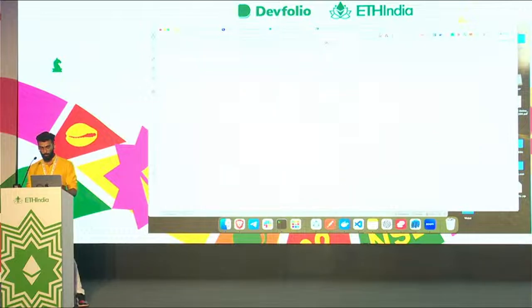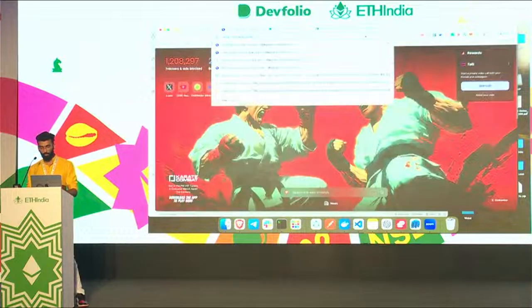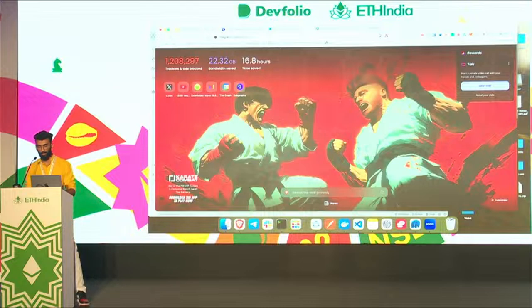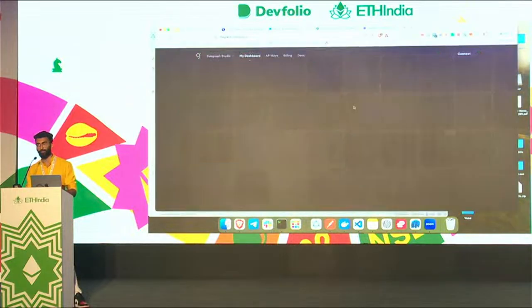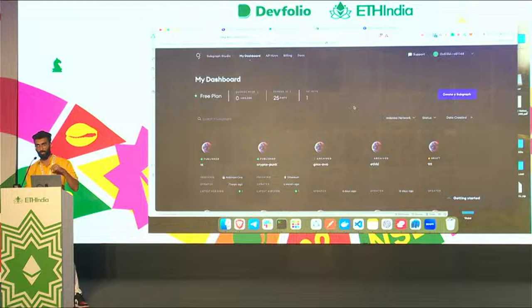In the meanwhile, what we'll do is log into the subgraph studio while the subgraph is getting created. So what I did up till now, I made an ERC20 smart contract and deployed it on the Arbitrum chain. Once it was deployed, I did graph init in my local repo and directly copied the smart contract address and let that run.